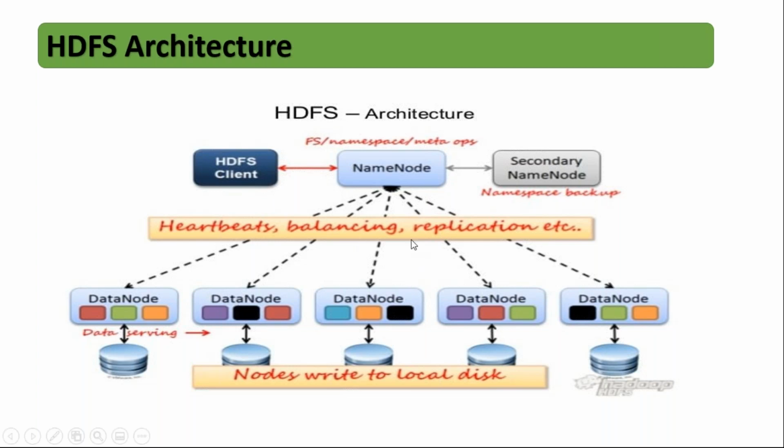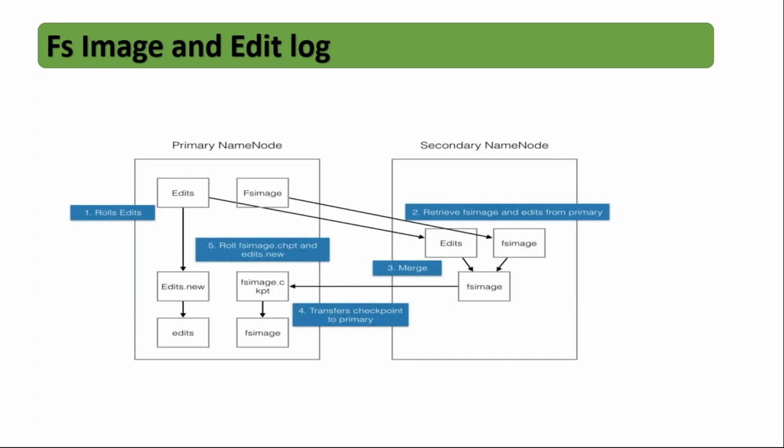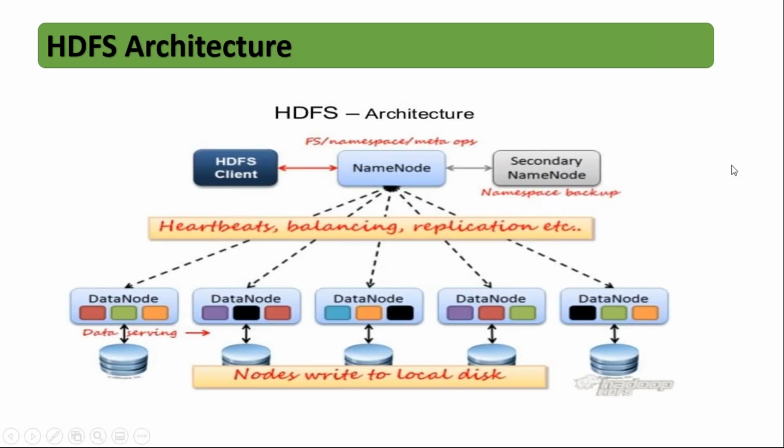So in this scenario, you don't need to increase the replication factor to n number of times. So that will reduce the metadata size. So now we are clear about heartbeat, we are clear about balancing, we are clear about replication. Am I clear? Any questions here? Just give me a minute.